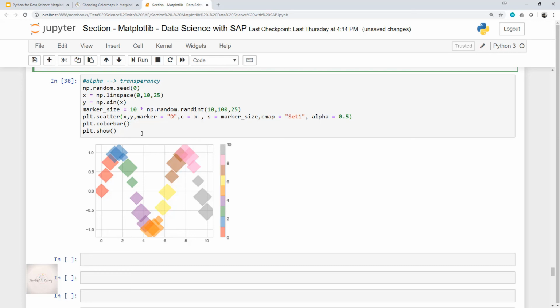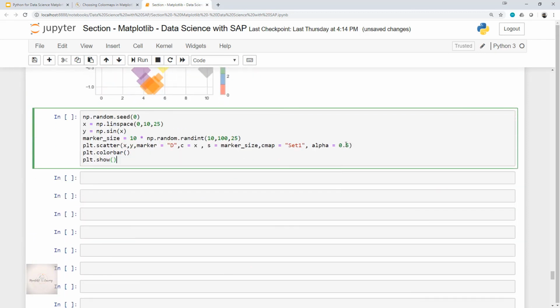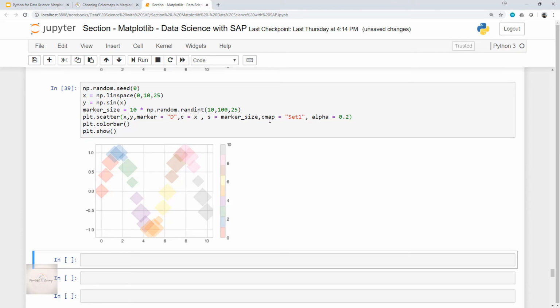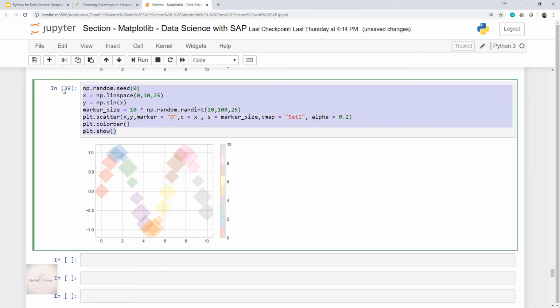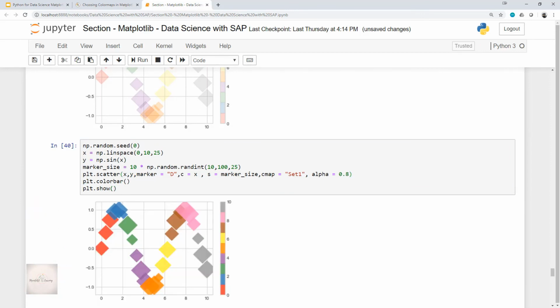Now to get more clarity on this alpha, I'll change its value again. I'll give it as 0.2, and let me see the output here. See, the transparency level has changed. Again we can change this alpha to some other value. This time I'll give 0.8 and execute this. See, again the transparency level of the plot changed. Understood with this concept? Okay, great.